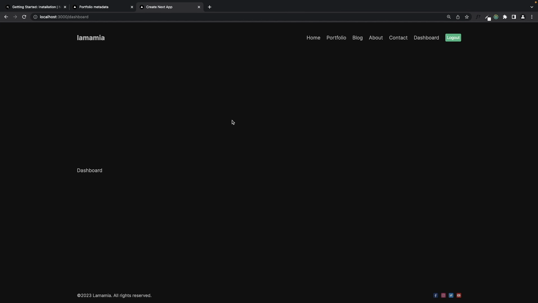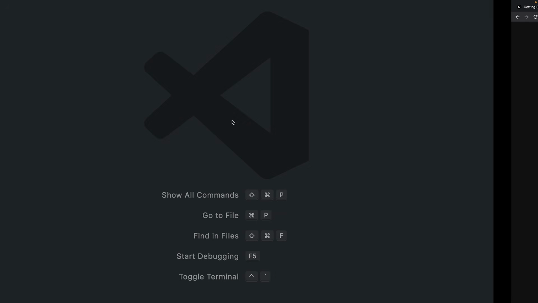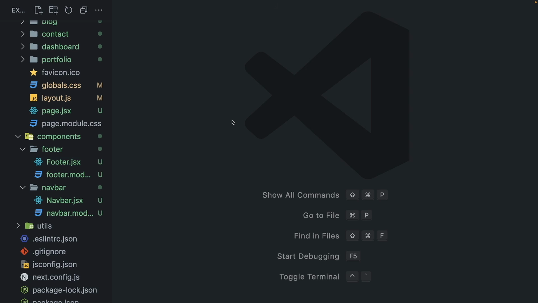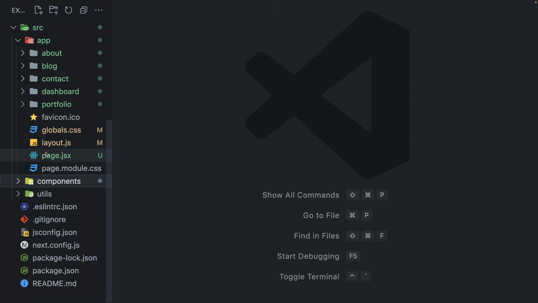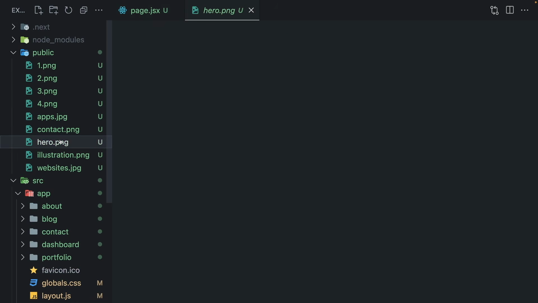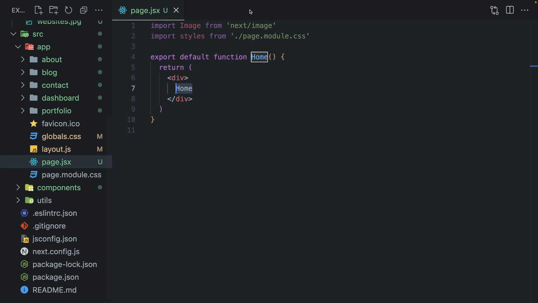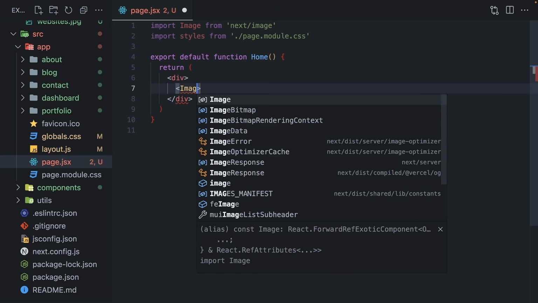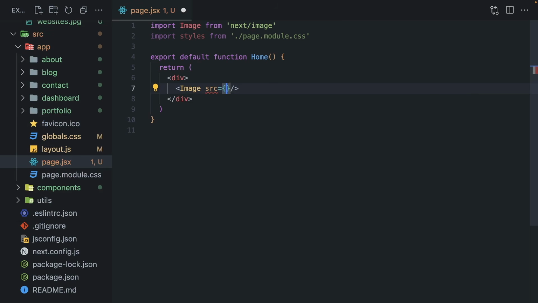And I want to show another way to add our local image. Let's open up the sidebar, and I can close components, and I'm going to open up the home page. And here we are going to be using this image, hero.png. Of course, you can directly use Image, source, and alt. Now you can write here